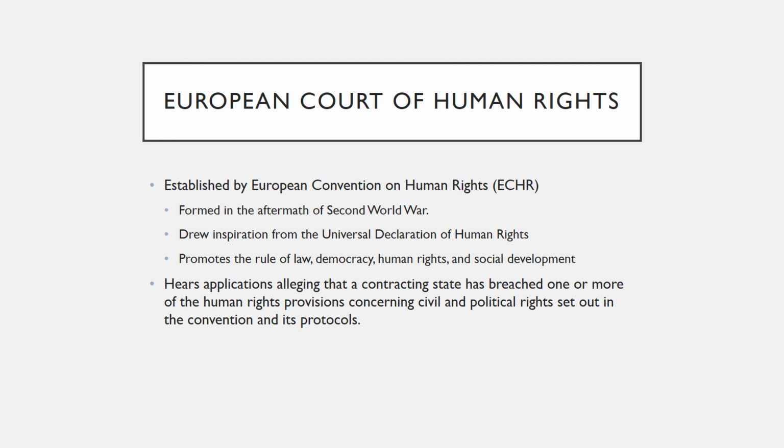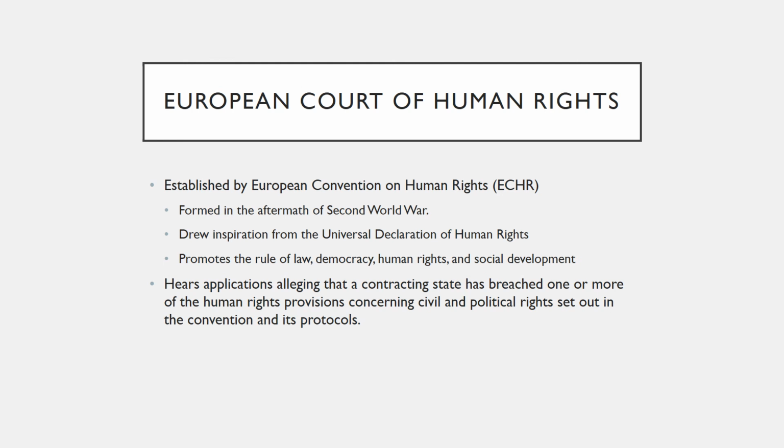In 1998, the European human rights system was reformed to eliminate the European Commission of Human Rights, which previously decided the admissibility of complaints, oversaw friendly settlements, and referred some cases to the court, in a manner similar to the current Inter-American system. Now, individual victims may submit their complaints directly to the European Court of Human Rights.